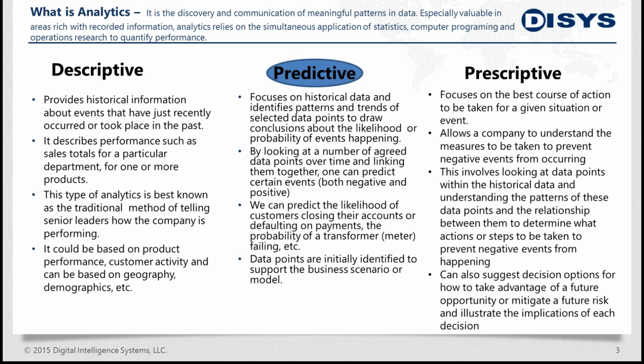So prescriptive analytics is all about understanding the likelihood of negative events, and by deriving that understanding, mitigating against those events occurring. And again, leveraging the historical data, applying statistical or mathematical algorithms to that historical data, integrating that historical data with third-party data, external data. And in today's world, that integration of external data takes on a bold new